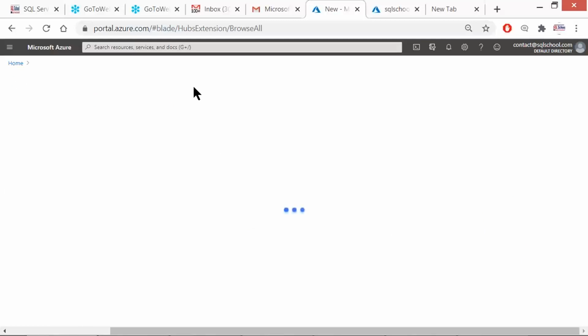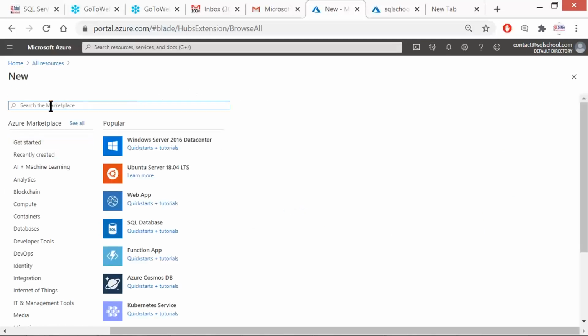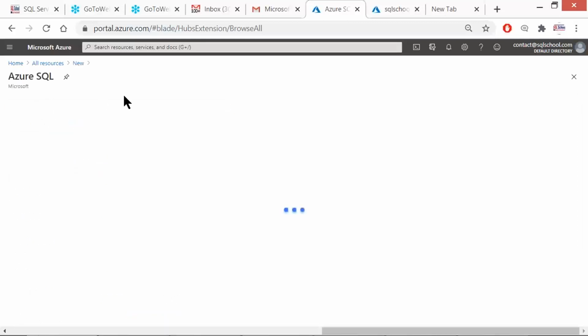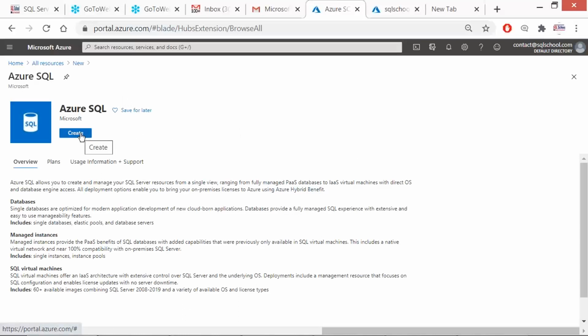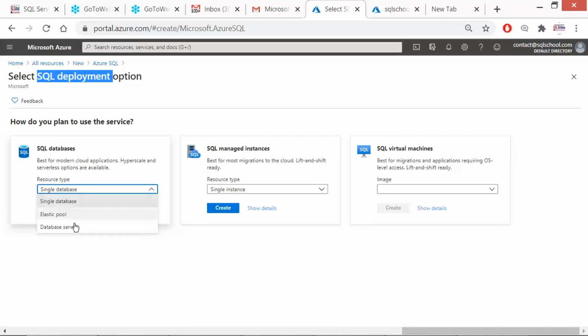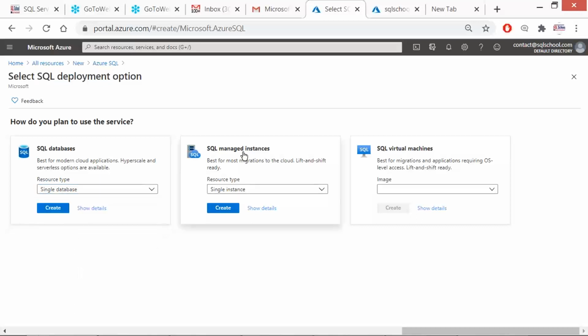Once you go to Azure and click on add and type there Azure SQL. Click on Azure SQL. Click create. Then we are going to see three different implementations of SQL deployments in Azure. One is serverless option, wherein we don't have any control on the server, and we have single database and database server, managed instance, and virtual machines.